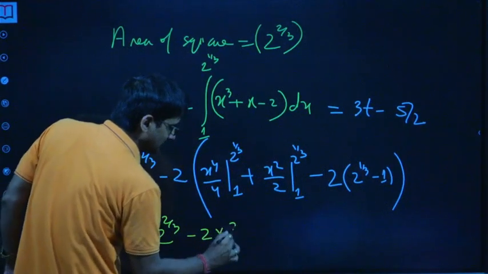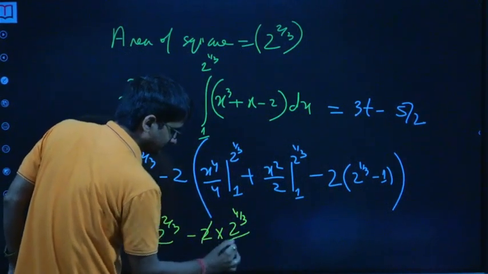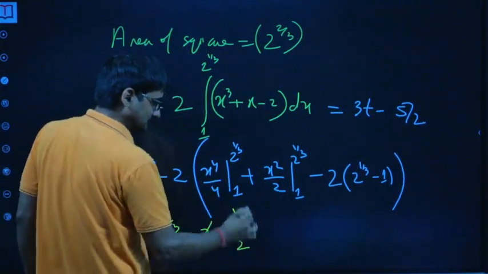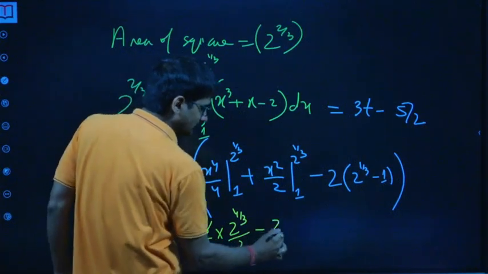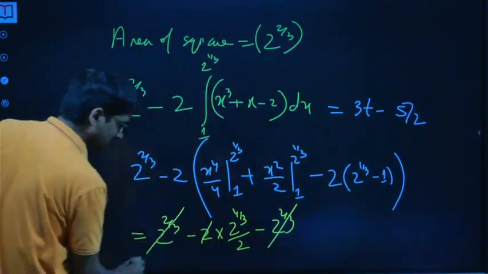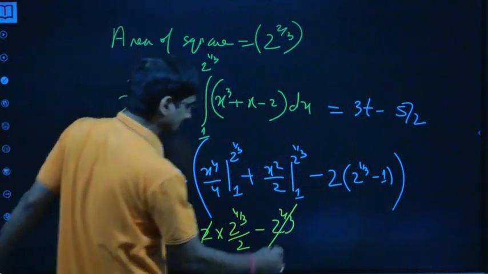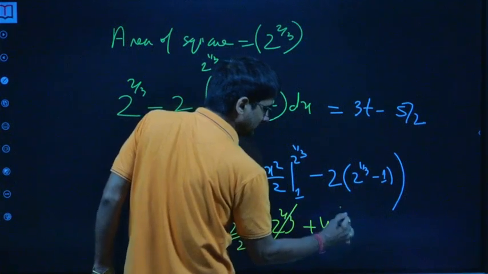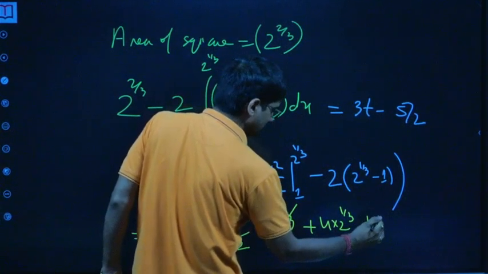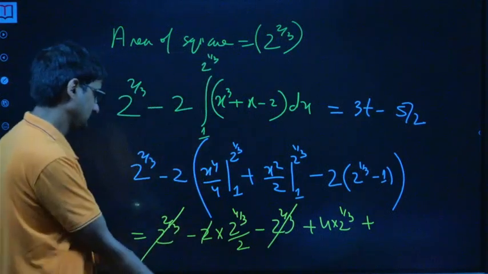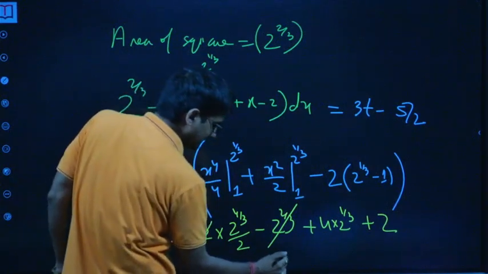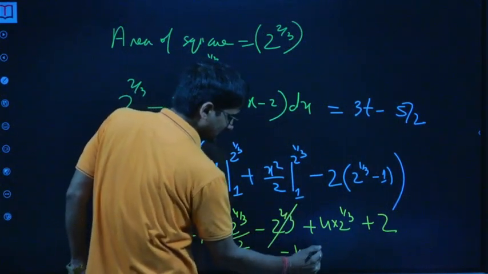Fine? So this is now 2 into 2 raised power 4 by 3 by 2, gone, fair enough. 2 is gone, minus 2 raised power 2 by 3, this is gone, fine. Minus minus is plus, 4 into 2 raised power 1 by 3, and this is plus 2, we missed 1 by 4 here, minus 1 by 4, minus 1 by 2,